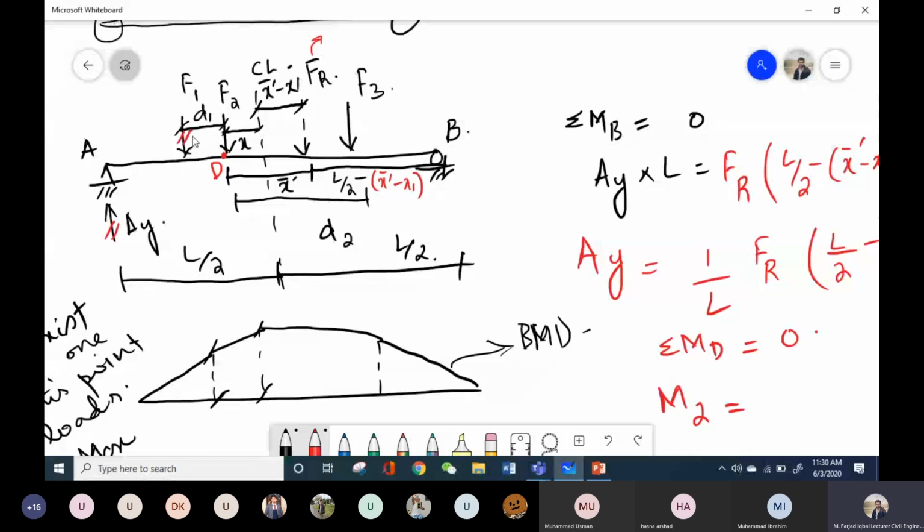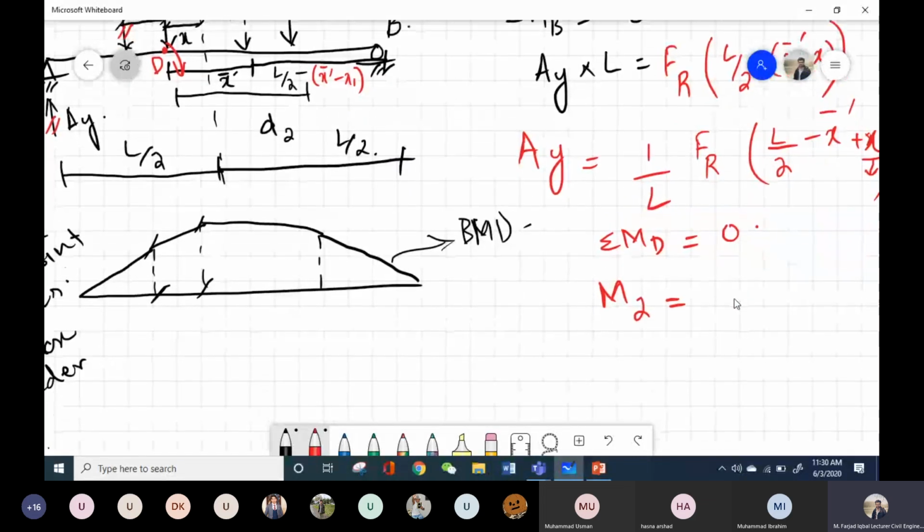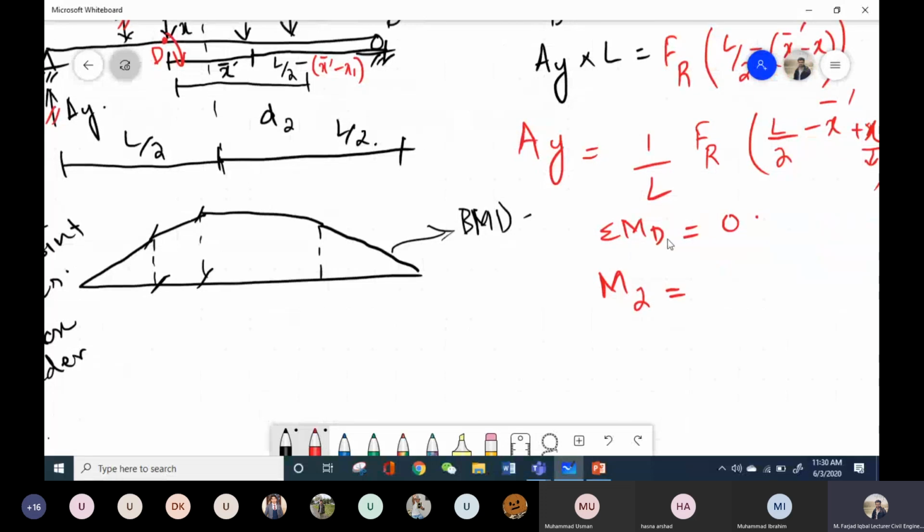So I have to compute the moment of these two forces, and it will be equal to the moment at point D. So the moment M2 is equal to AY into L by 2 minus